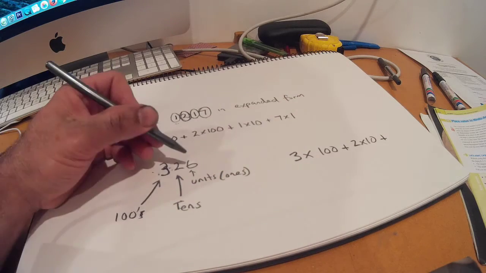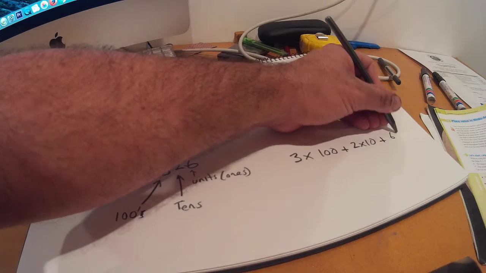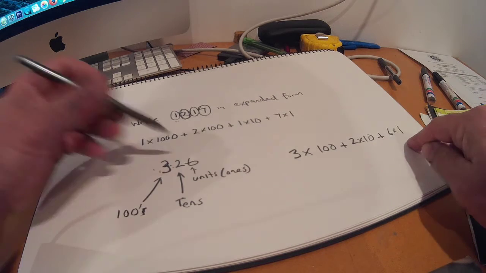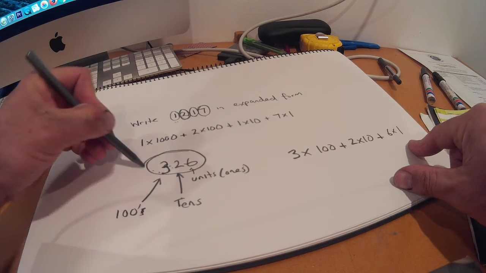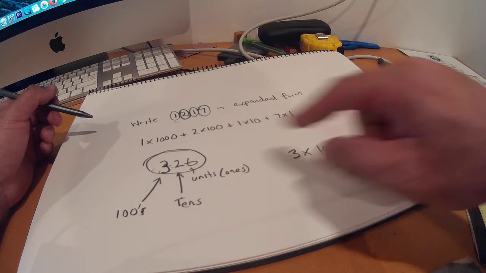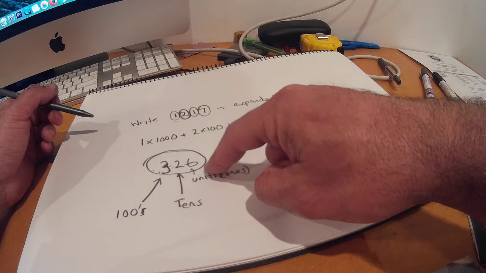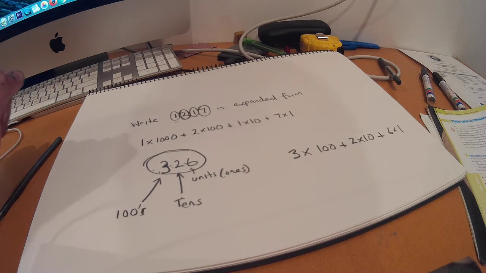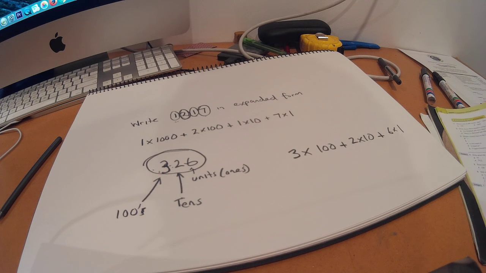plus 6 times 1. And believe it or not, if you added up 300 plus 20 plus 6, of course we end up with our original number. This is expanded form. This is not expanded form. That is all you need to know about expanding and place value. So practice makes perfect. Do the examples in 1B. Have fun with it, and you will get it. And if you have problems,